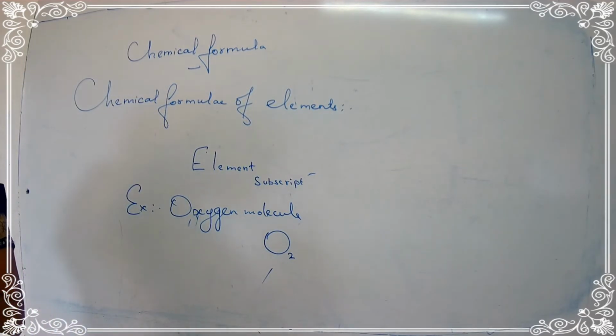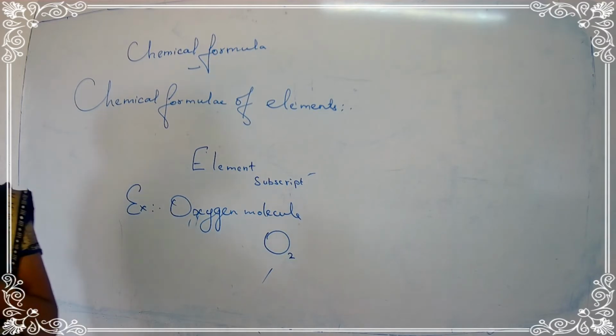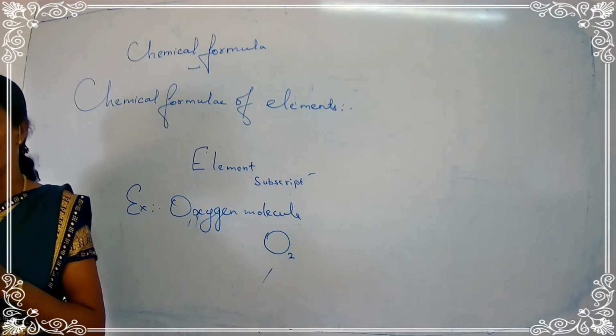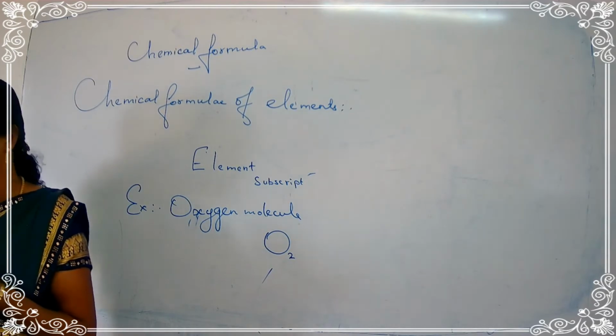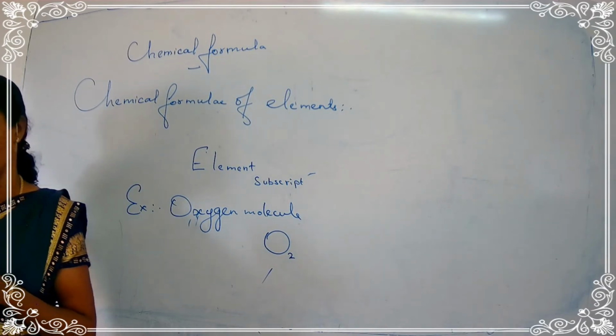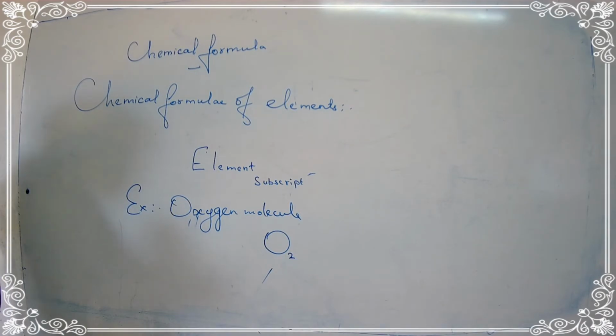அணுக்களுடைய எண்ணிக்கை, that means the number of atoms. The number of atoms present in one molecule of an element is called atomicity. How many atoms are present in the molecule of the element, that number is the atomicity. Now, look at your page number 41, where 5 points are given. We will study them.